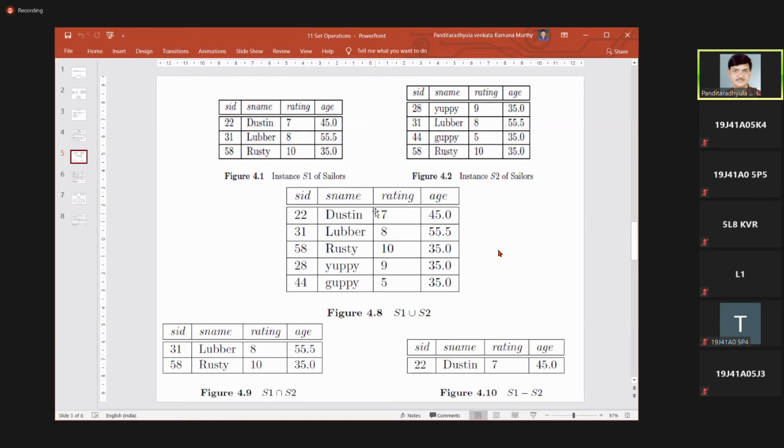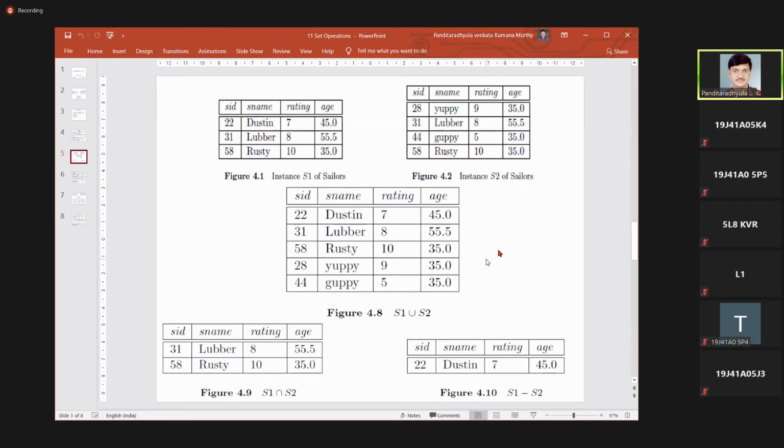For example here, FP is not present in the first table, so it participated in the result. Next, Lubber is already present in the result, so it does not come into the result again. That means duplicates are automatically eliminated.